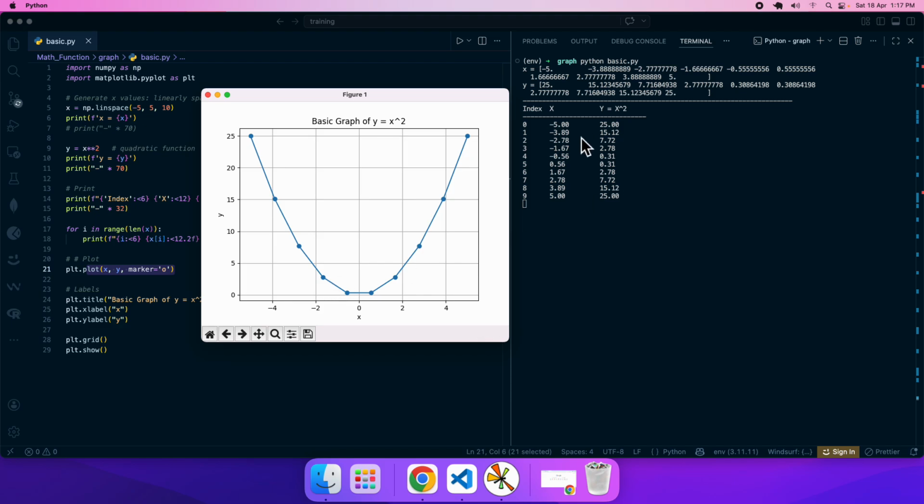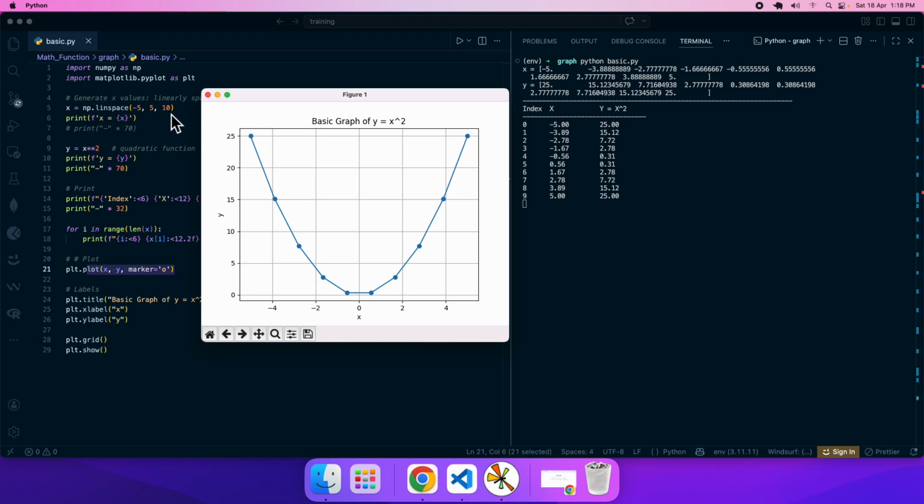So one thing is very clear, that these are the negative values of x, and after 0 it is slowly becoming positive. As you can see over here, the last negative value was -0.56, so it's close over here. 0.56 has got 0.31, so 0.31 is over here, right? And thereafter it again has the positive values. All the negative values we have got over here are now getting transferred into positive values over here. So 0.56 is now positive 0.56, -1.67 is now 1.67, -2.78 is now 2.78,